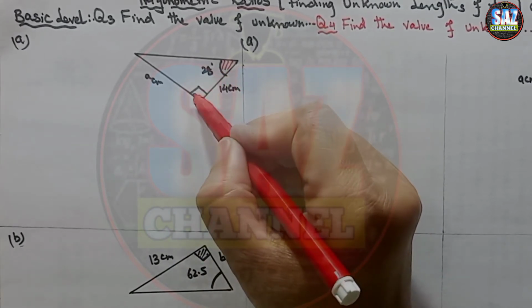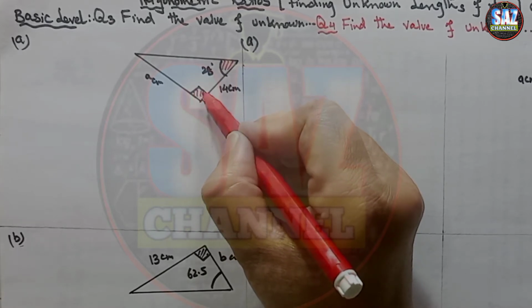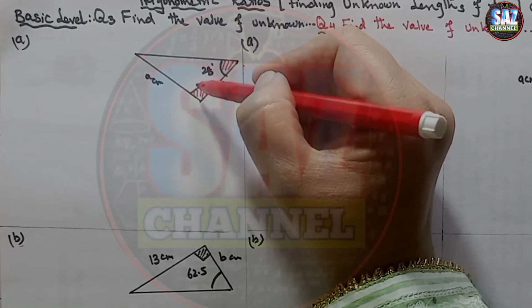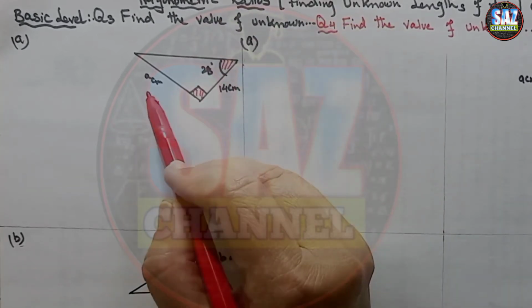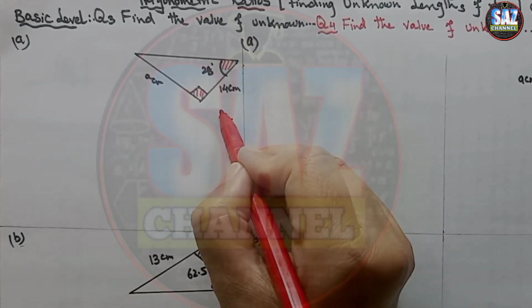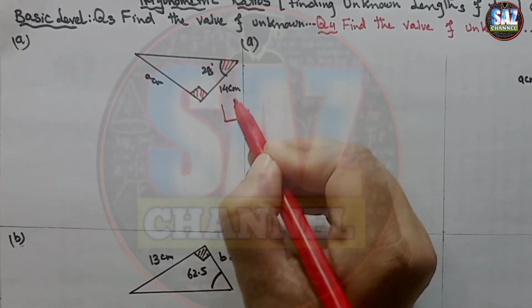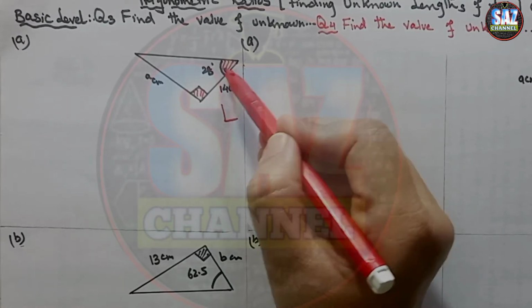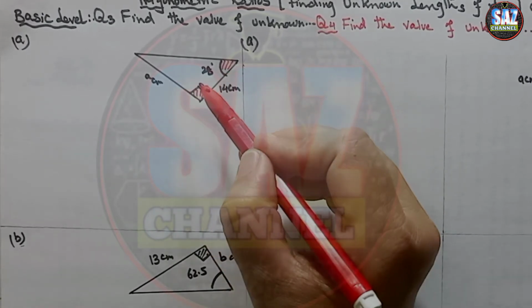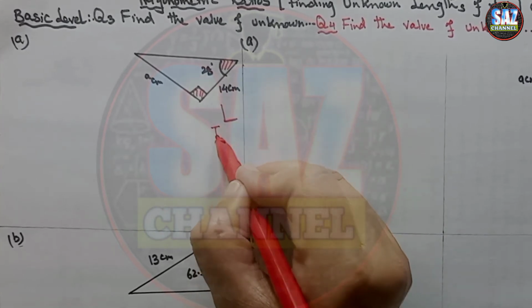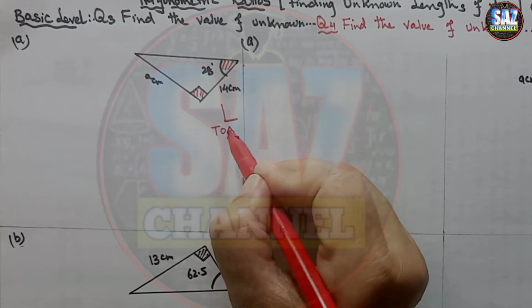Now look, this is the 90-degree angle given to us, and this side will be the hypotenuse, but the value of the hypotenuse is not given. We are just given the two sides which are making the formation of L. One side is adjacent to the given acute angle and one is the opposite. Now which trigonometric ratio is suitable? That is tangent, opposite upon adjacent.